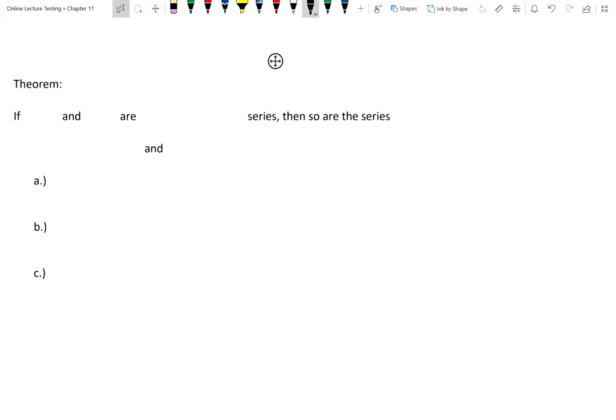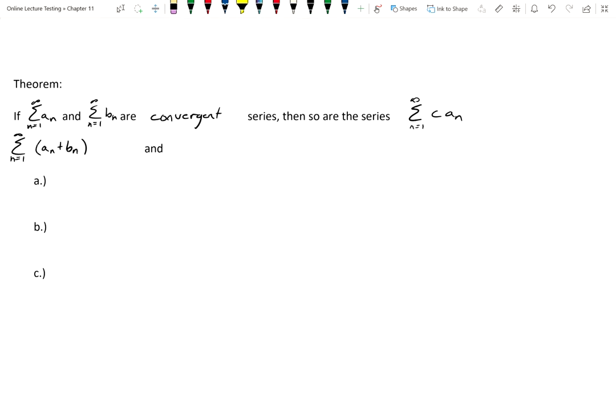So this leads into our next theorem: if the summation of a sub n as n goes from 1 to infinity, and b sub n are convergent series, okay, so this only applies if they're convergent, then so are the series c times a sub n, as n goes from 1 to infinity, the series a sub n plus b sub n, as n goes from 1 to infinity, and,